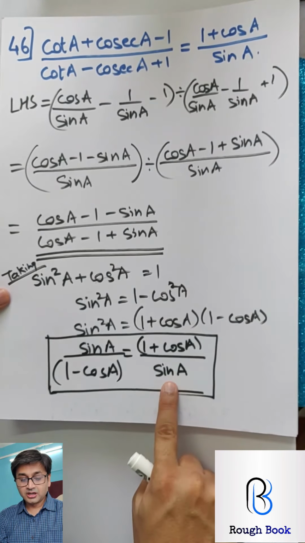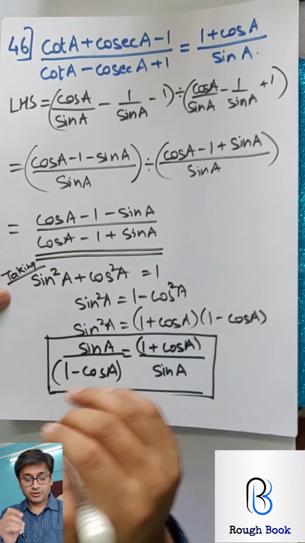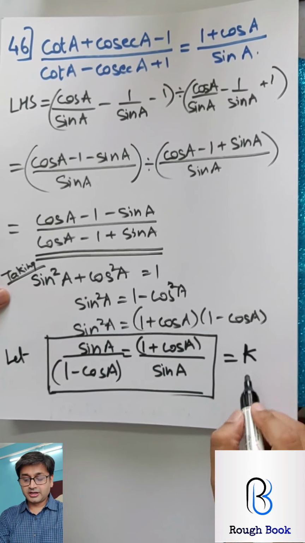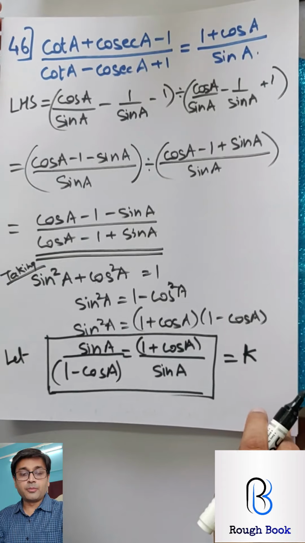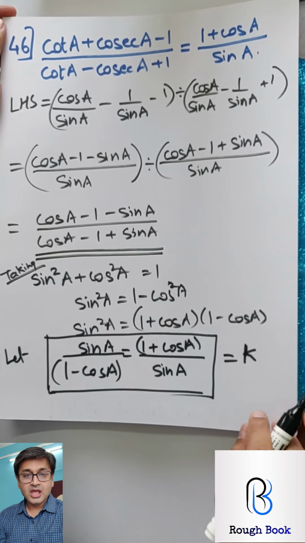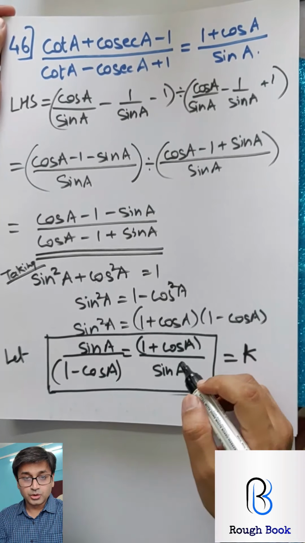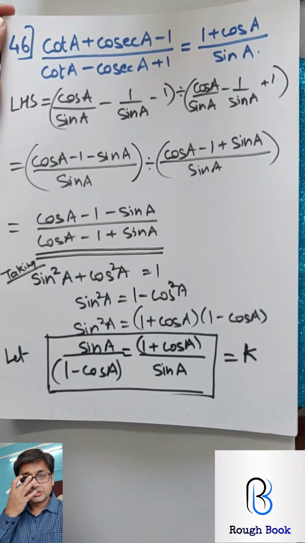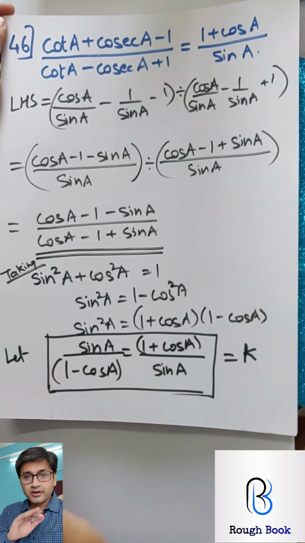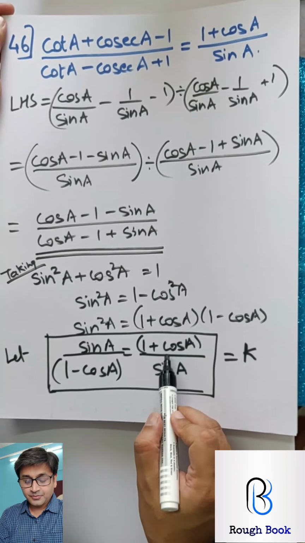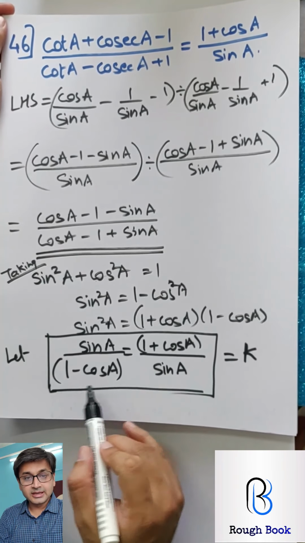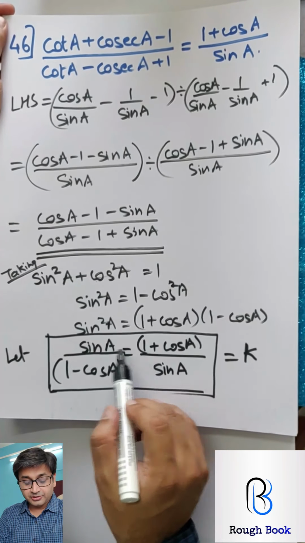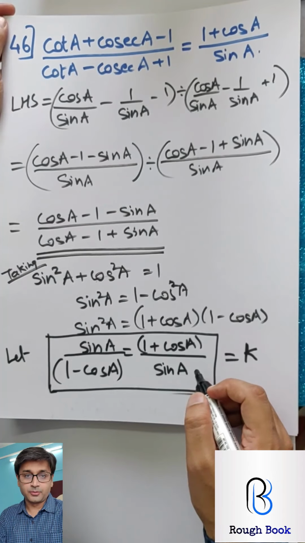Now somehow from here, we will reach this point. How? So you will say let this be equal to this be equal to k. You are getting a constant which is k. Now there is a property called the theorem on equal ratios. According to that property, listen, it's new to you. If you vaguely remember it, we used it in standard 9, in one of the chapters maybe. If you don't remember, no problem. The property says, whatever you do to the numerator, the same thing you do to the denominator. That means if you add these two, you add these two. If you subtract these two, you subtract these two. That's what the property is.